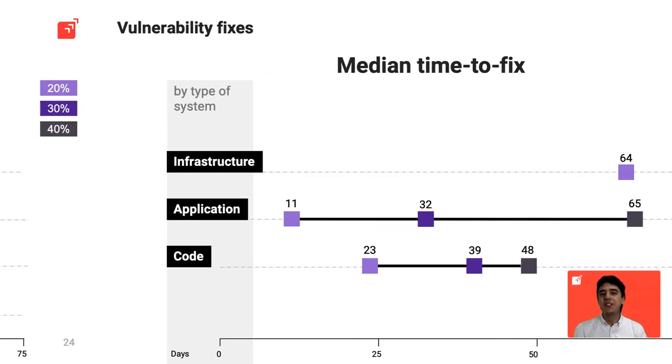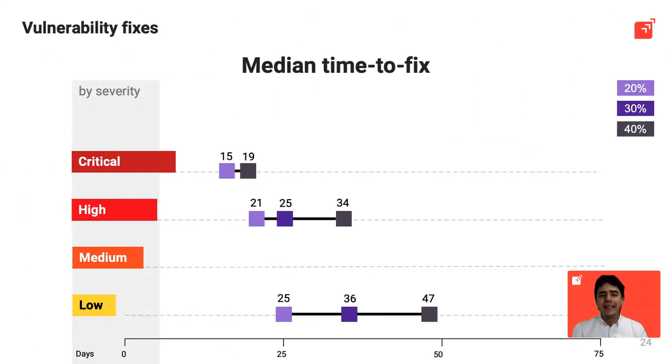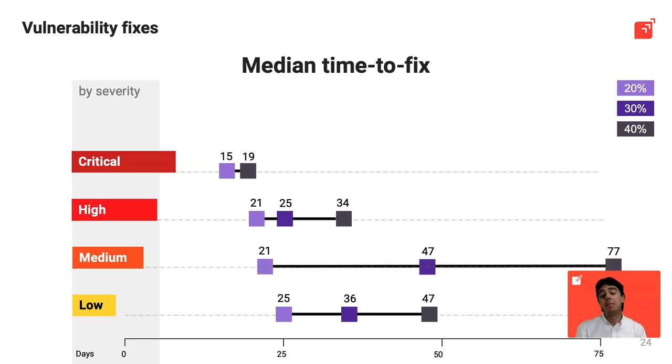To conclude this section on fix behavior, let's review how severity is linked with time to fix. At a glance, we can see one coherent behavior. The higher the severity, the lower the time to fix for all three thresholds. In other words, organizations properly prioritize repairs. However, the story is not that perfect. When we add medium severity vulnerabilities, we see significant delays to reach 30 and 40%.